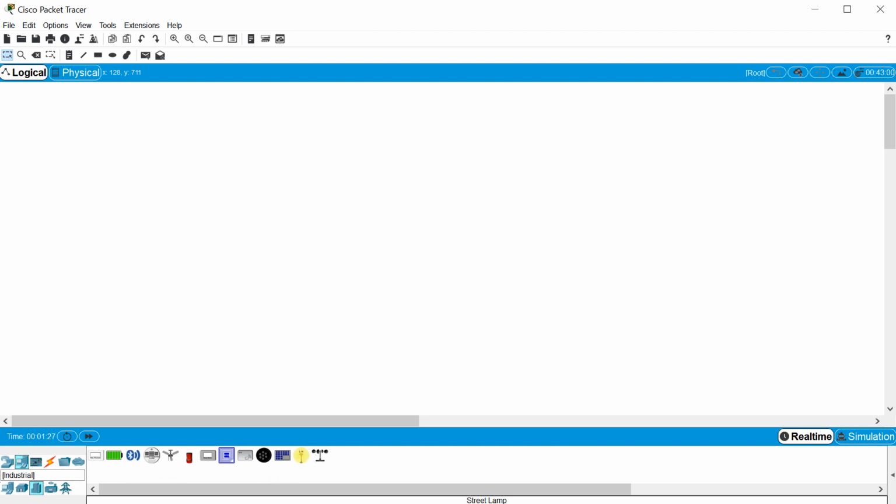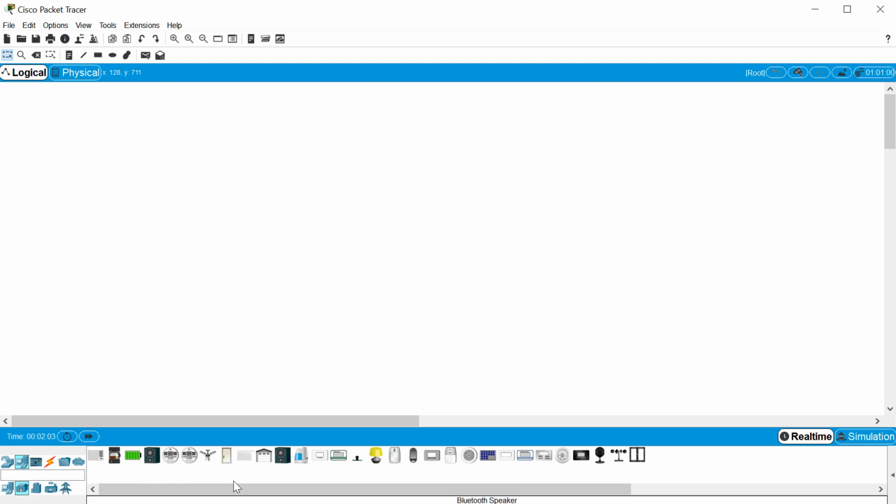Then you have industrial components here, and you can see the air conditioning system, battery, carbon dioxide and carbon monoxide detectors. You got a fire monitor. You have a fire sprinkler system. You have humidifier, furnace, RFID card, temperature monitor, smart LED, among other things. So these are the items that we are going to use. So first we begin with the home